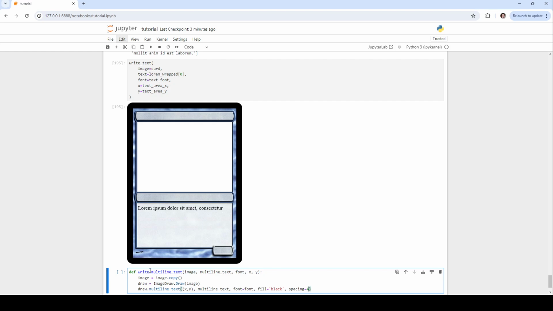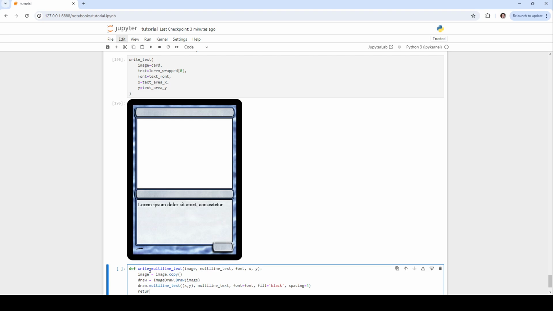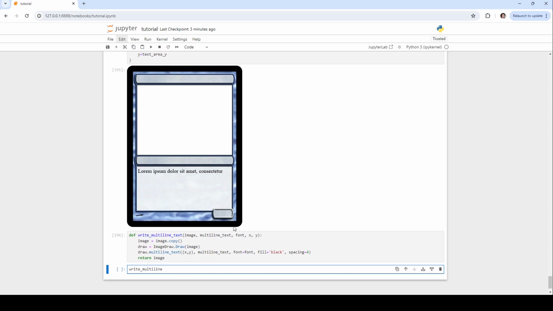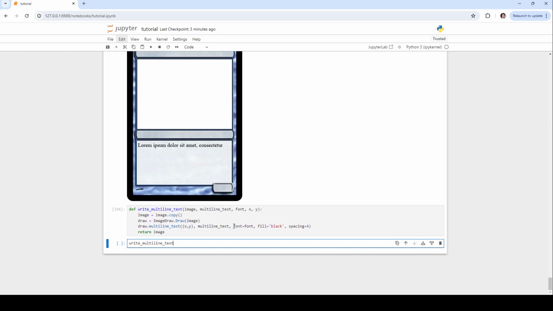Spacing, let's place 4. Okay, so let's return our image. So now if we try our function here, write multiline text,